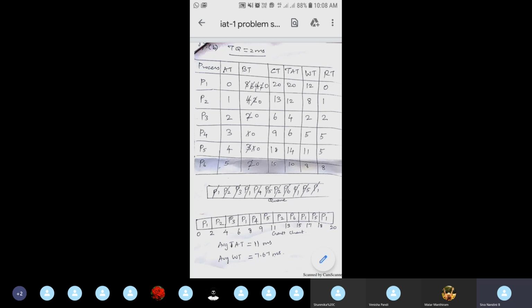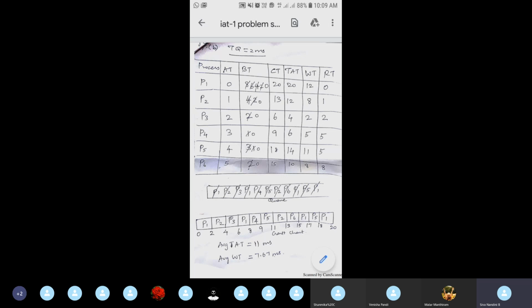Next in the queue order, the process P3 will be there. This process P3 will execute for the time quantum of 2 millisecond. The burst time of P3 is also 2 millisecond, so P3 has completed its execution. After executing P3, the Gantt chart will be at 6 millisecond. After P5 entered the system, at the 6th millisecond, the process P6 also entered the system. So in the queue, after P2, I will add P6.